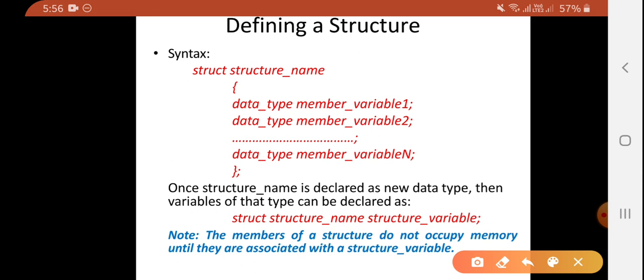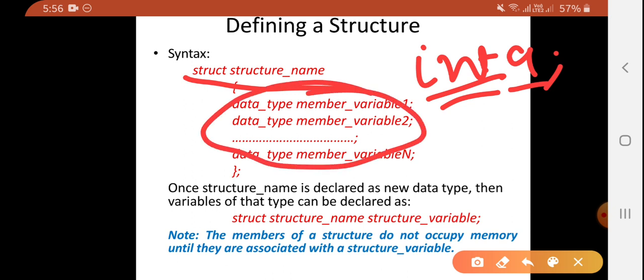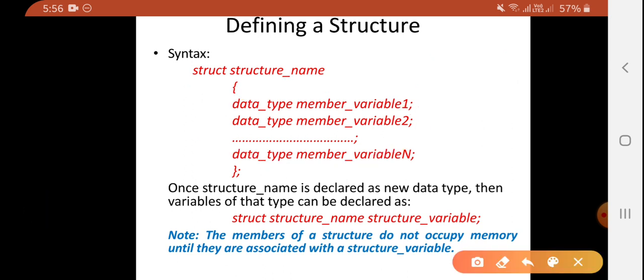We know that in int a, integer is a data type and a is a variable. In the same way, we have declared a data type, that is struct student. Now in order to access these variables we have to create a variable of struct student. So how to create a variable of any structure?